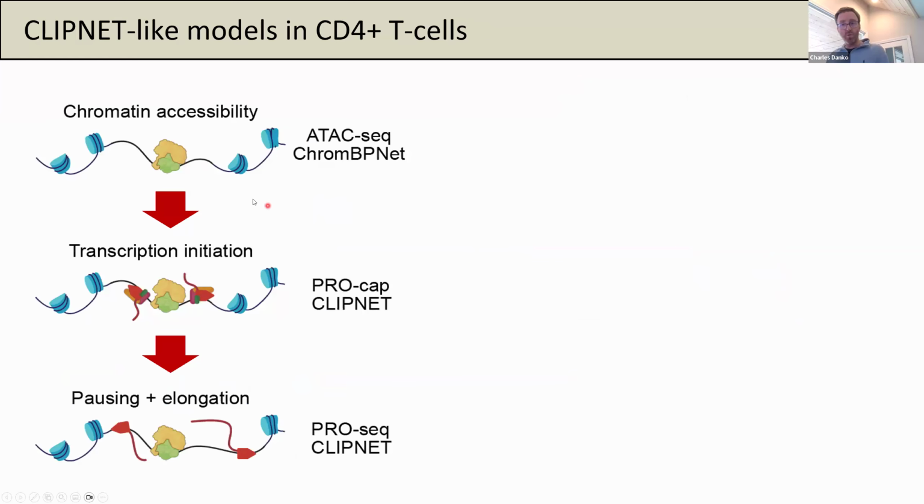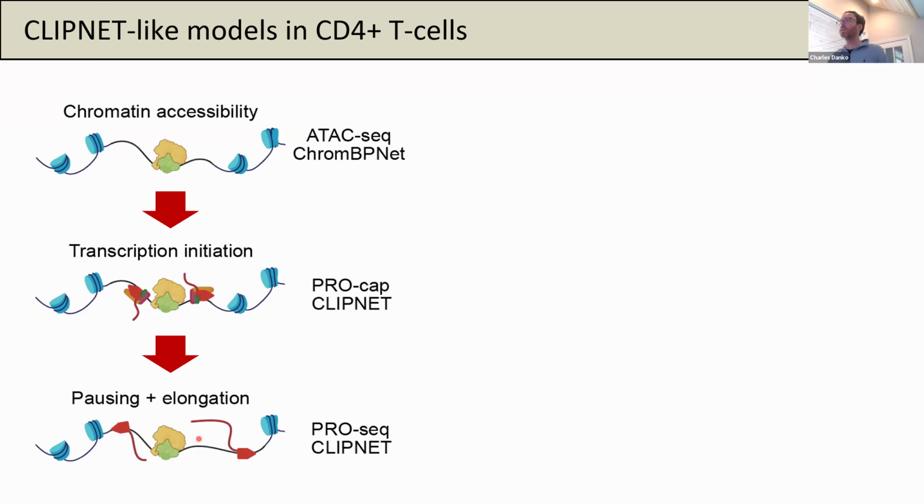The way that we're approaching this problem is we're training 3 different machine learning models in this cell type. We're using models of chromatin accessibility, so ChromBPNet on the ATAC-seq data. We have models based on ProCap data, so ClipNet, similar to the B-cell model I showed you in the last few slides. And then we have a ProSeq model where we're predicting the effect of each variant on the position at which RNA polymerase II pauses. These 3 different regulatory steps represent different stages at which a transcription factor can interact with the transcription cycle